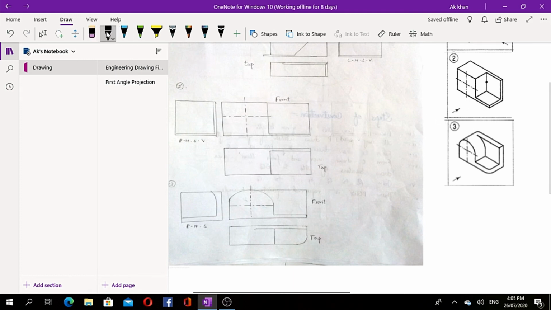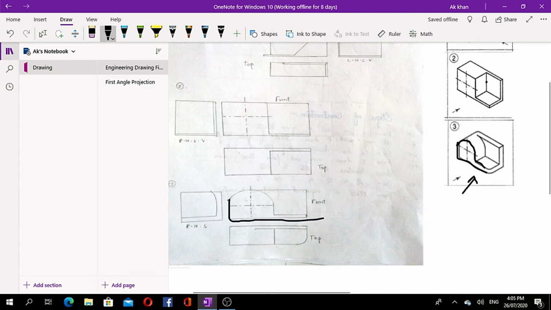Now you would be able to do it yourself. I am explaining it, but firstly you do it yourself and then see whether you are doing it well or not. Here the arrow is showing the direction of the observer, that the observer is seeing from this side. So in the front view, we would be seeing this, and we would be seeing this, that is displayed here as this,